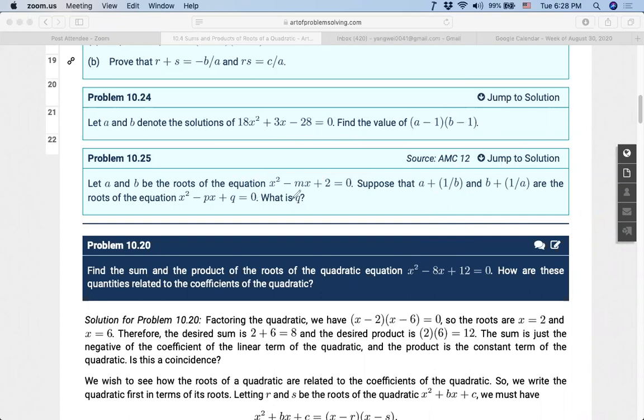Now let's see 10.25. Let A and B be the solutions of this equation. Suppose this and this are the roots of this equation. Then they ask you what is Q. Okay, so to find Q,